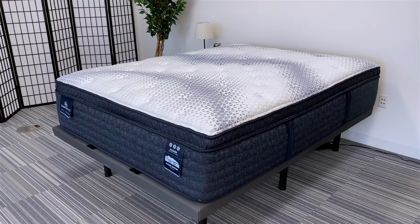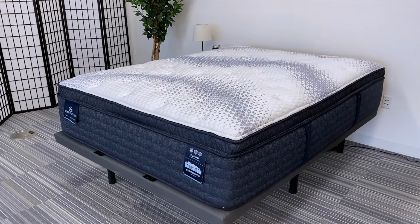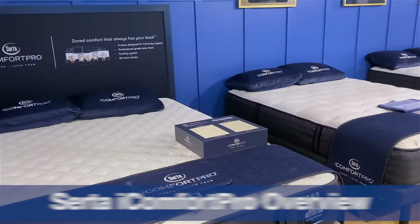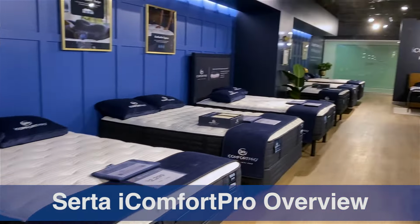Today we're going to give you our in-depth review of the Buckingham Plush pillow top mattress, which is part of the Serta iComfort Pro collection. Now, if you're interested in Serta iComfort Pro mattresses, we have three phenomenal resources that I want to point you to. Number one, we did an overview of the entire collection in which we described in detail the components, the